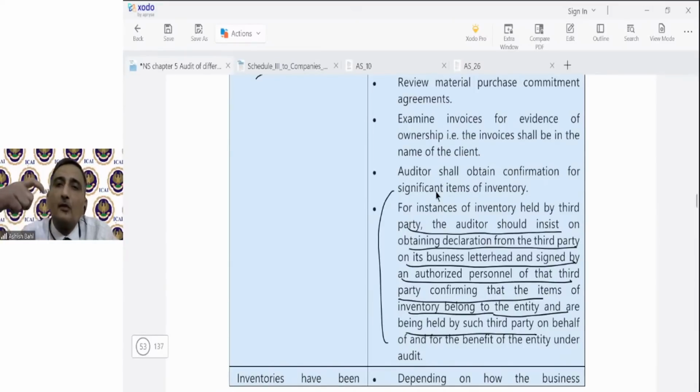So again, the same point, students, if the inventories are lying with third parties, then the auditor would obtain a confirmation from that third party on his letterhead stating that they have received the goods on behalf of the company, and these goods belong to the company. Otherwise, the auditor can also check the out records of the company, say the copies of challans